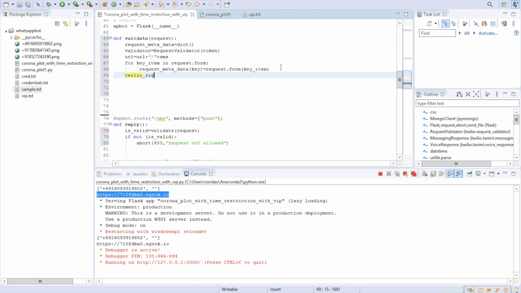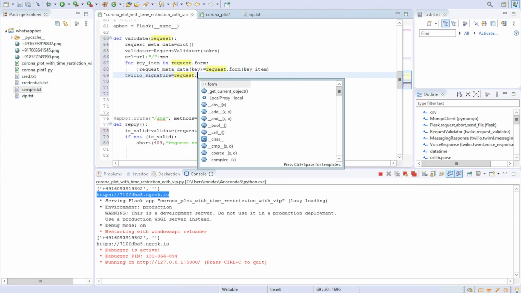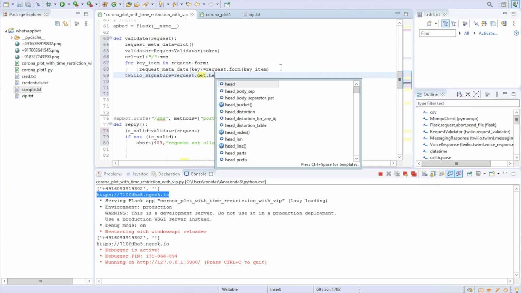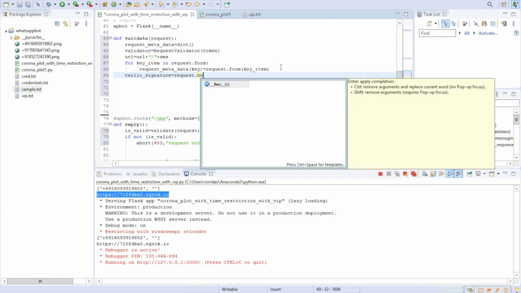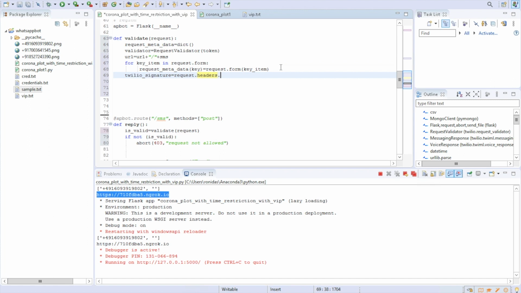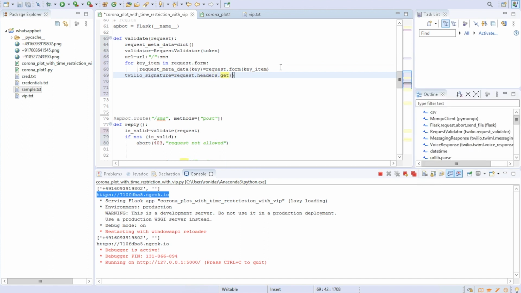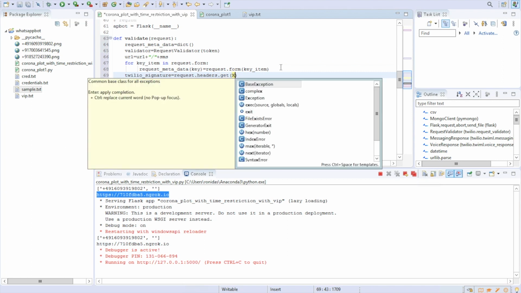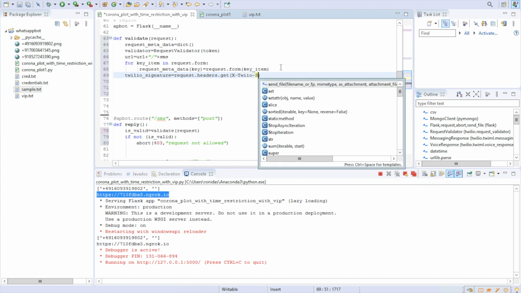Twilio-X-Signature. I told you, so you guys can do some sort of study for Twilio-Signature. It will be coming from the request header, request.get dot headers actually, and how to write that is going to be another important thing. So it will be capital X, then hyphen, then Twilio, then hyphen signature,